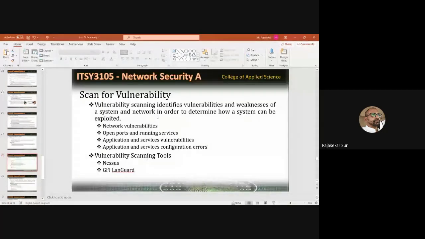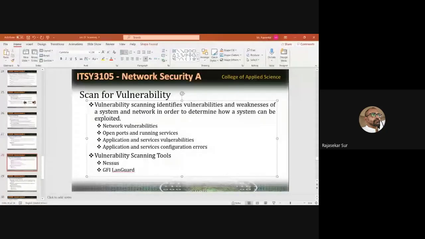So the first concept, you must know what port numbers are open in the target machine. By using that particular port number, the attacker will try to enter into the target machine. So this will give the network vulnerabilities. It will show what the open ports are and what services are running in a target machine. Which applications and services are vulnerable, which is the weakest port number. If that port number is open in a machine, the attacker will select which port number is going to be more vulnerable, and in that vulnerable port number, the attacker will try to enter.